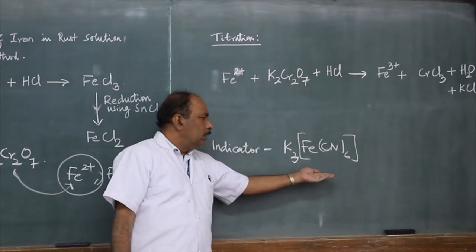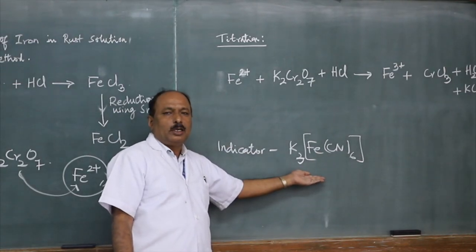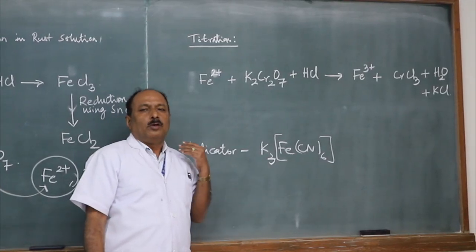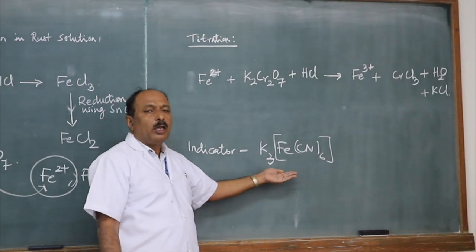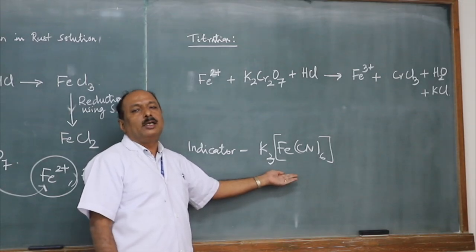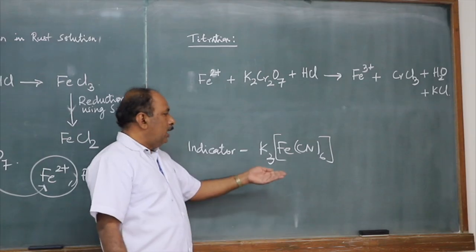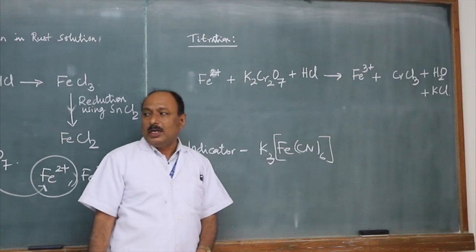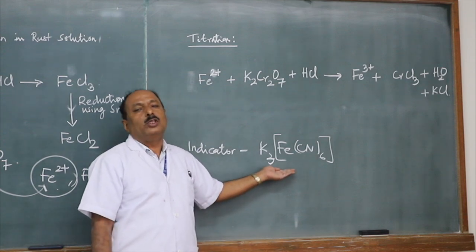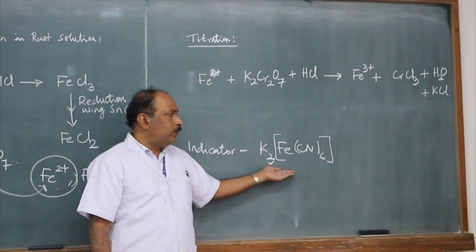All of you know, any molecule written in this form of structure is called a coordination compound. This has the ability to form a complex with ferrous ions, giving a dark blue color. However, when it comes in contact with ferric ions, it does not develop any color. Therefore, this can be used as an indicator. As it reacts directly with ferrous ions, you cannot take this indicator into the conical flask. It has to be taken externally on wax paper.